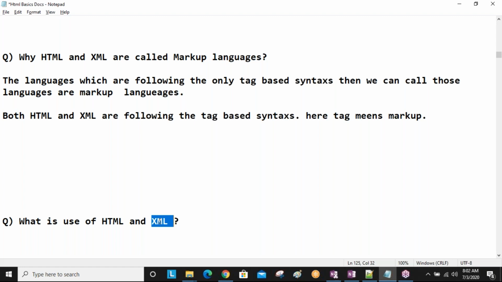That is the use of HTML and XML. HTML is presentation side development, displaying our application data, and XML is server side, sharing data from one place to another. So we use it on the front end side and the server side.